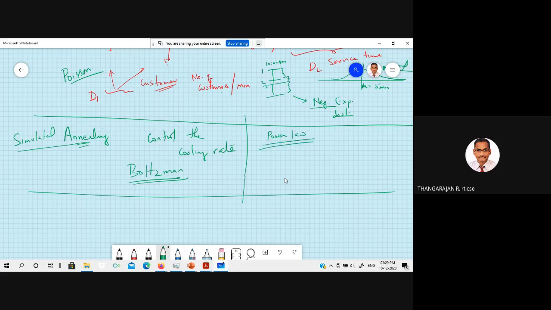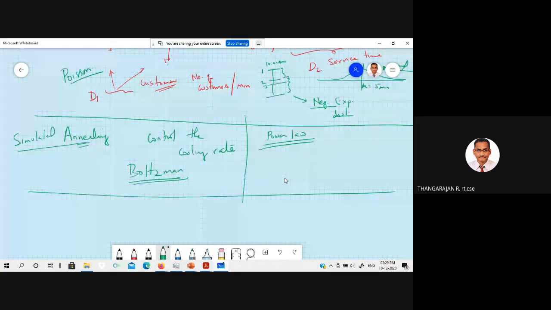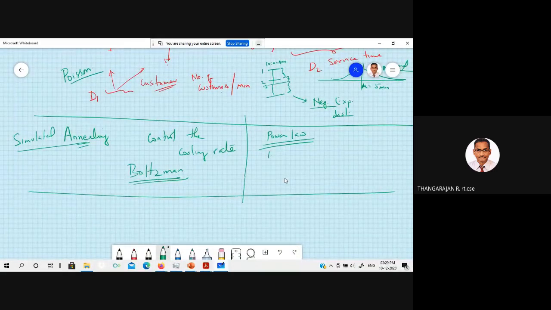Suppose you want to know how many influential persons there are in a society. For example, Chennai has a population of say 1.2 crore. But among this 1.2 crore, how many people are really influential? If you count the number of influential people, that will be very, very less, say around 20 to 30.